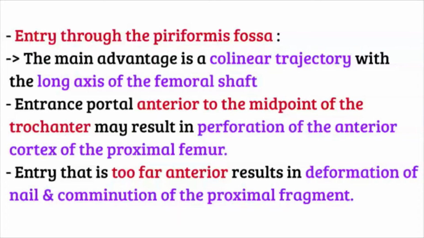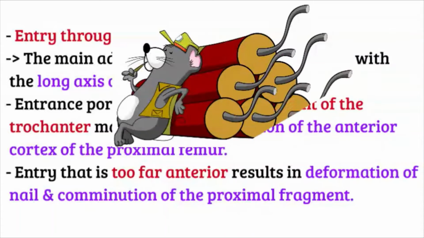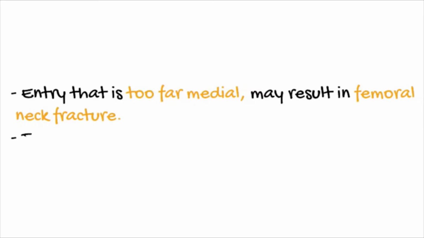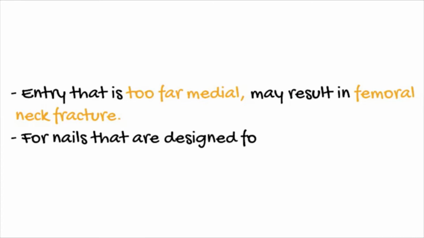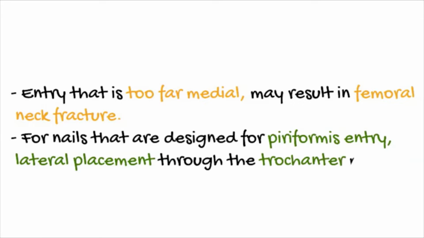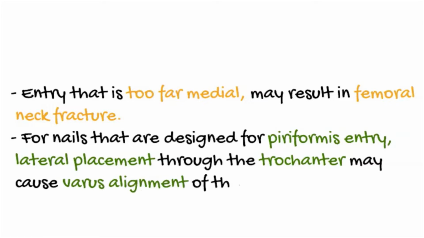Entry that is too far anterior results in deformation of the nail and comminution of the proximal fragment. Entry that is too far medial may result in femoral neck fracture. For nails designed for the piriformis entry, the lateral placement through the trochanter may cause varus alignment of the